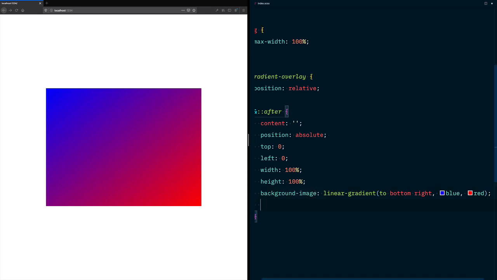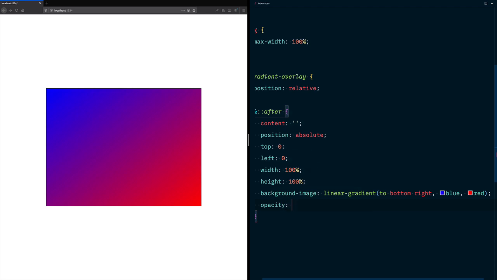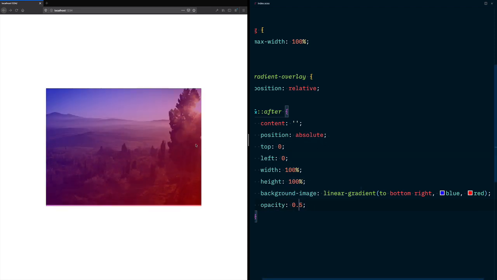So the last thing that we need to do to make that happen is actually add an opacity to this after element. So we'll add an opacity of 0.85, and we can see that the image is starting to come through now. Let's actually do 0.5. So one thing that we can do now that we got this gradient overlaid our image, we can see that